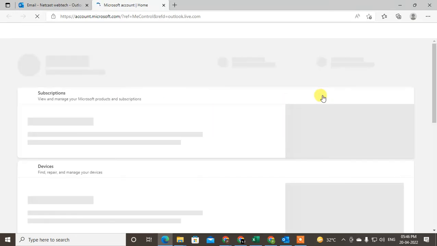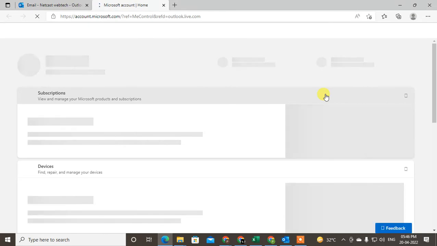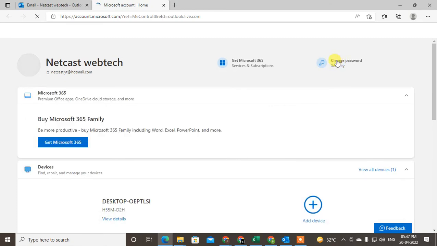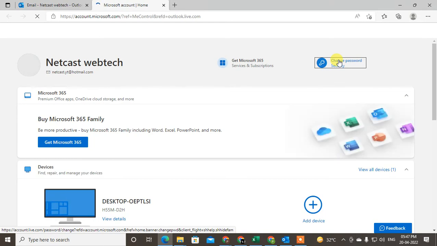and a new tab will open. A new tab will open with your Microsoft Office account. So after it's open, you will see the option called Change the password here. Okay, so you just need to click on Change the password here. Click on it,